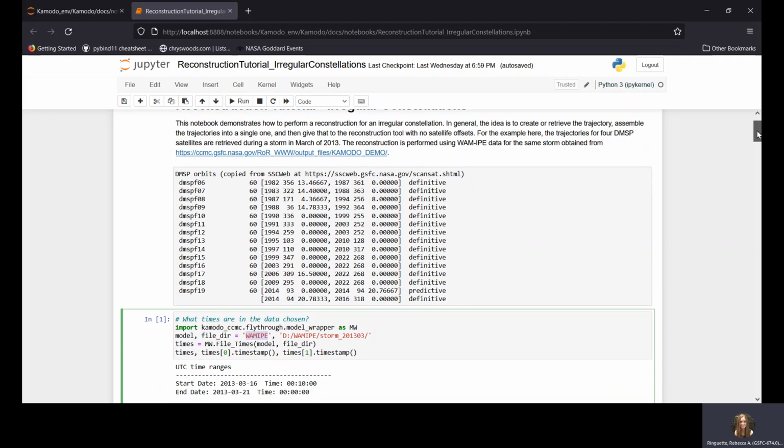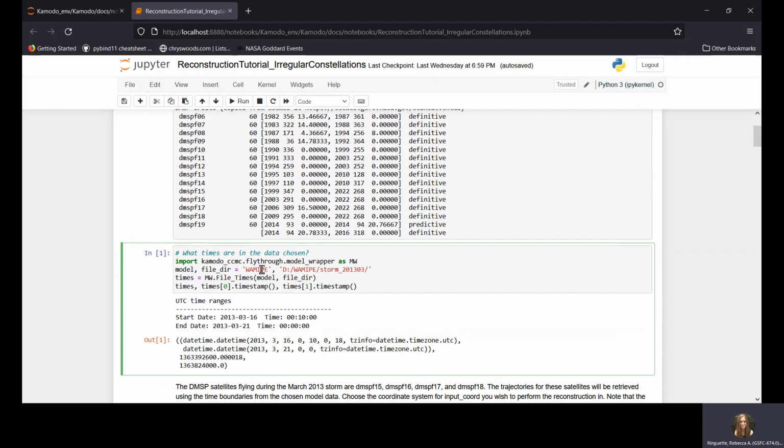I can get the start and end times of my model data coverage using the same function as before, shown in the other videos and the other notebooks, and I get the timestamps with these simple commands. So knowing that this data covers March 16th through March 21st,